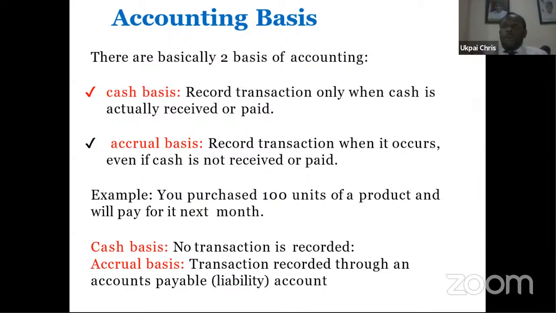Ordinarily, it's not wise not to record your transaction. You have given out these 20 bags of garri, and cash basis is telling you don't recognize income at this point until the day the person will pay you the money. Is it a good way of accounting? It's wrong. Are we together? That is the wrong way of accounting. You have to record this.